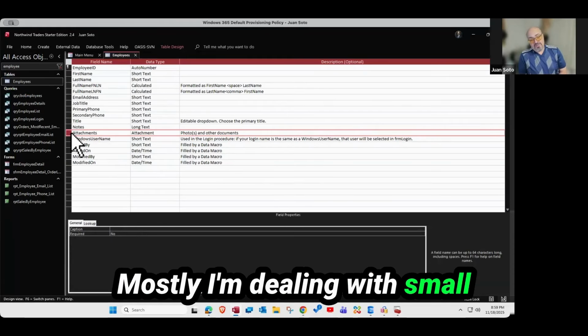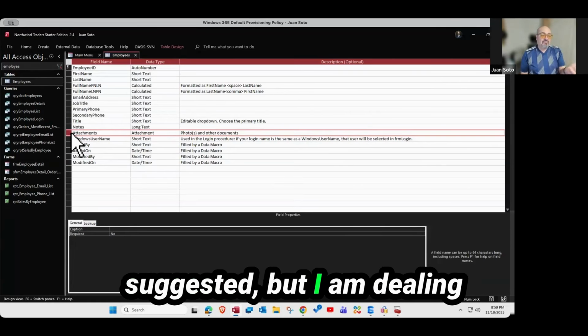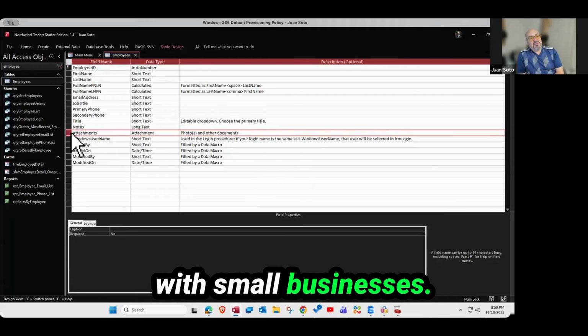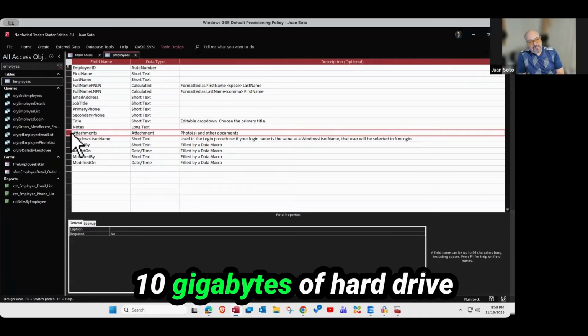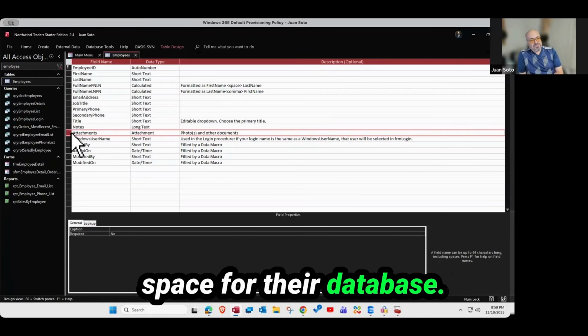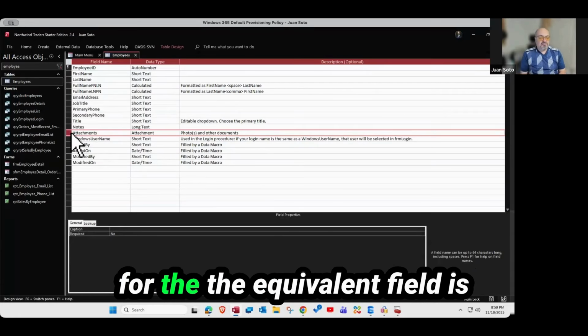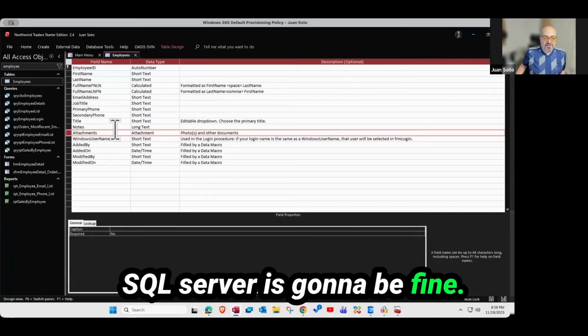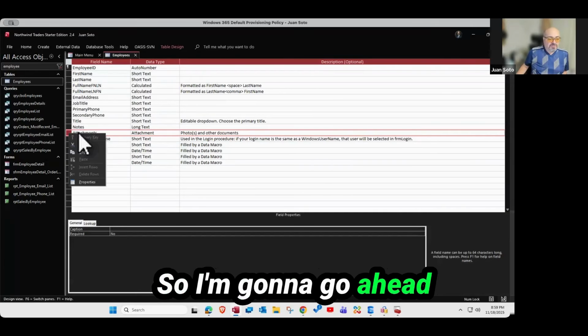Mostly I'm dealing with small businesses, and I know why they suggest it, but they're never going to exceed, for the most part, 10 gigabytes of hard drive space for their database. And so using the attachment field, the equivalent field in SQL Server, is going to be fine. All right. So I need to migrate this table, so I'm going to go ahead and delete this